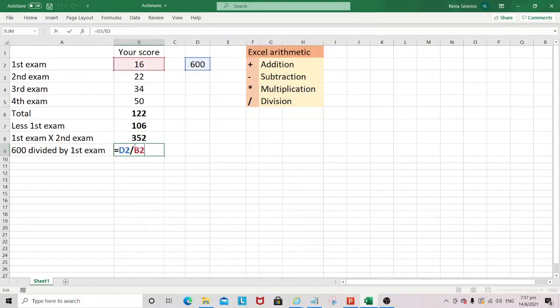I'll just review. What we did is we wanted to divide a given number, which is 600 in our case, by 16. So what I do is just simply type in the equal sign, point to 600 here, and forward slash, which is the division symbol, then point to 16, which is the first exam score, and there you have it, 37.5. I hope you enjoyed and learned from this